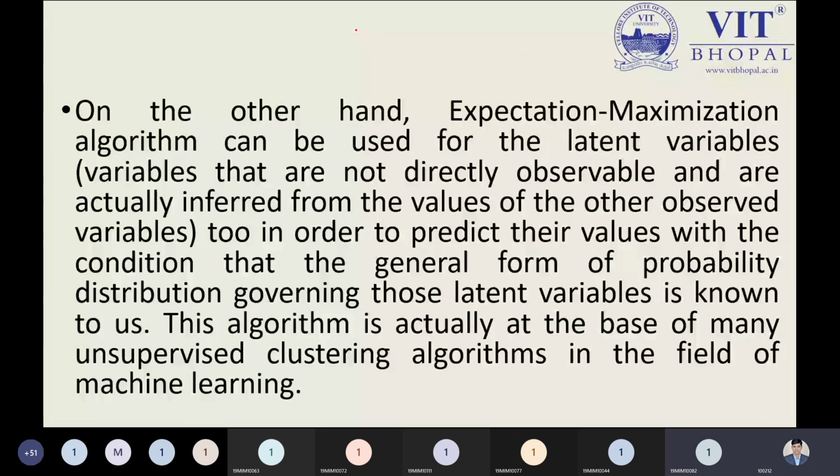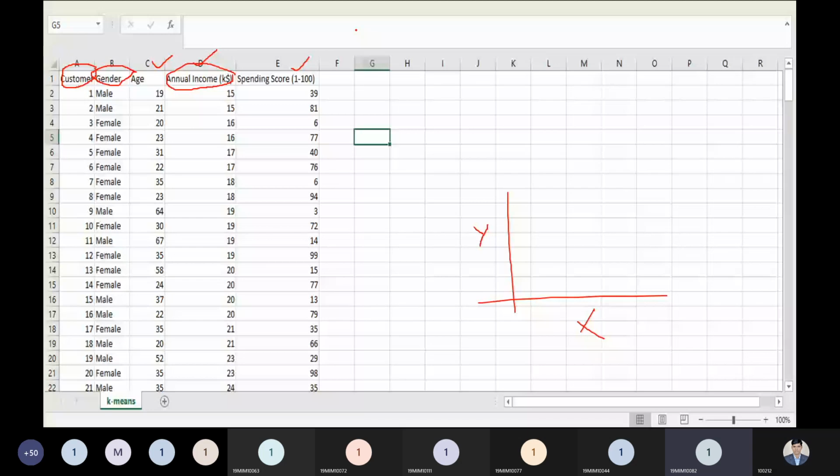Sir, that means we are selecting the features that are better for our model. Yes, of course, and all this activity will be done by some defined function. Like gender, if I choose it here, on the basis of gender I can't make the cluster. That is the point. But age could be considered as a hidden variable, and I'm considering annual income as an unobservable latent variable I can make. But if you try something else, then you will not get a better result.